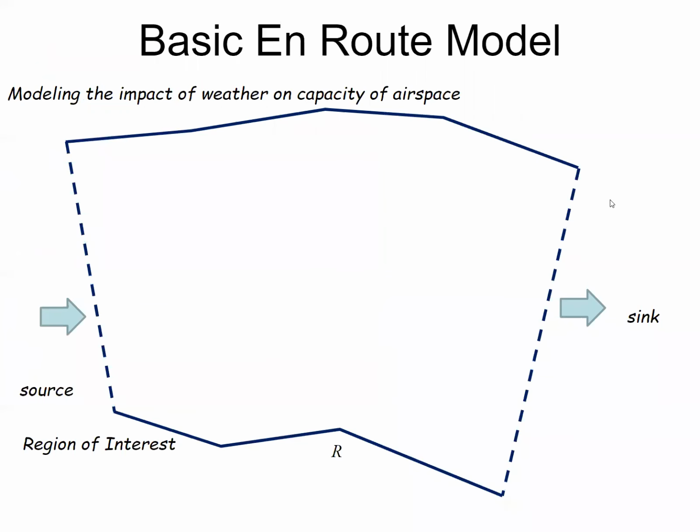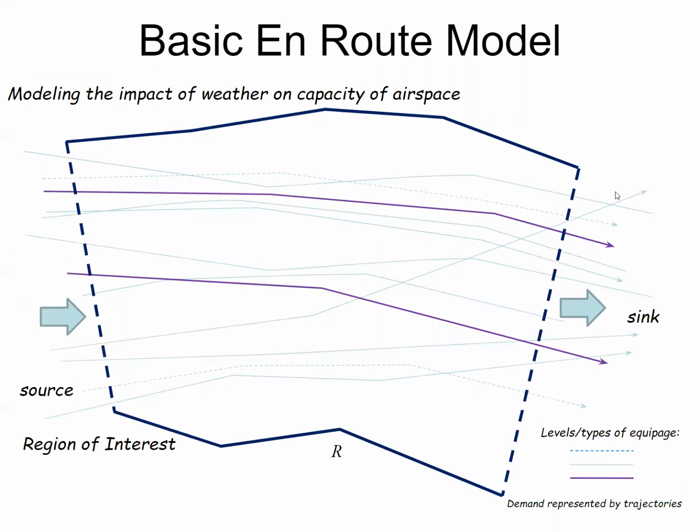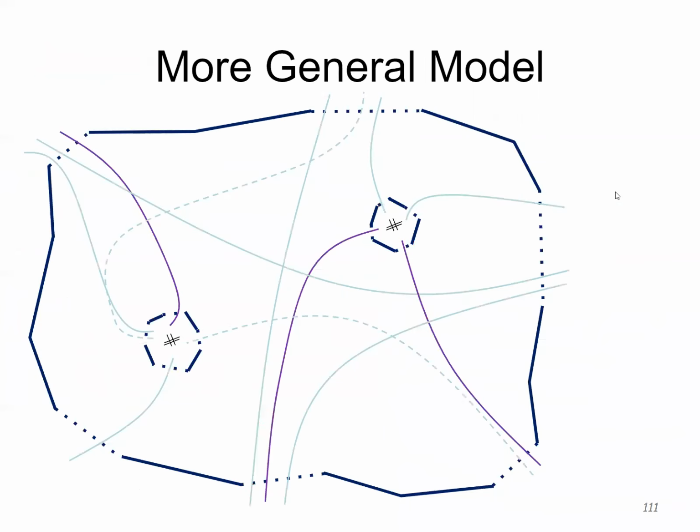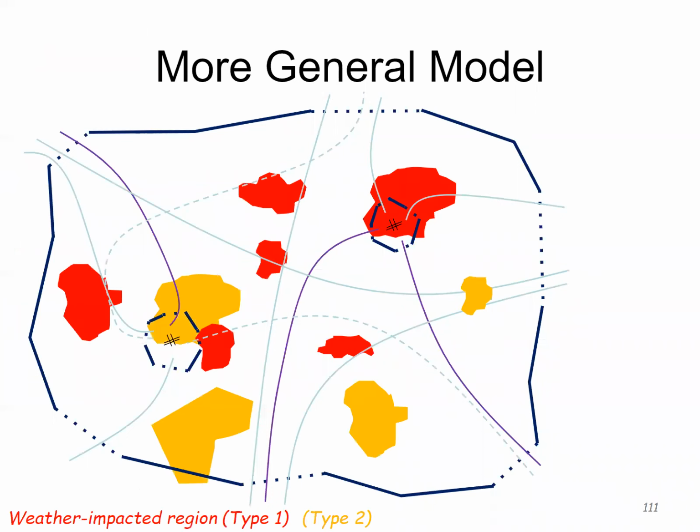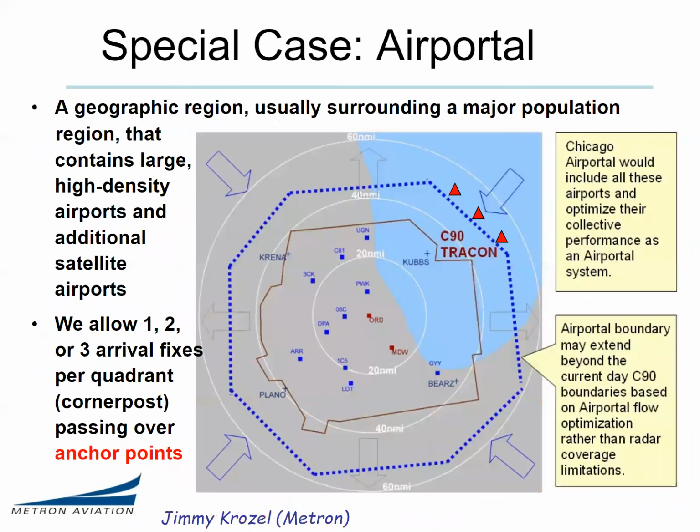So yeah, you also have your region of interest in the en route, but you can also have sources and sinks inside the region, modeling the aerodromes. And yeah, they may be weather impacted with different types of constraints. And you may want to ask the question of how much traffic you can route from the outside to